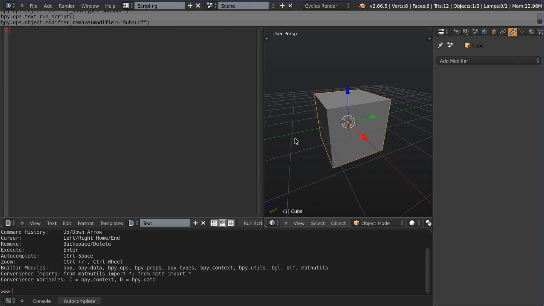My name is Jonathan Williamson, and today I want to take you through a little bit of Python scripting in Blender. We're not going to get into too many nitty-gritty details or too much of the actual Python language, but what I do want to show you is a quick look at how we can automate some tasks in